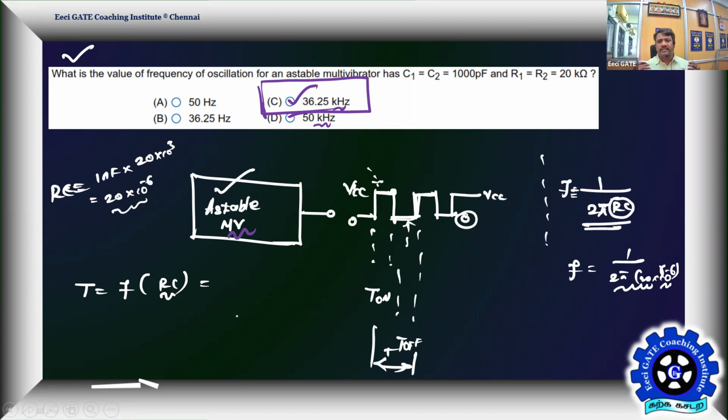Yes, this is a little tricky, and very few aspirants might have connected to this, because the number of problems using transistor based astable multivibrators is very small. So nobody can have good practice before. That's the reason the number of students attempting and getting the right answer is 50-50 only, because by having 1 by RC, people predict it as around kilohertz. But which one is that? That's completely your luck, because nobody can remember the equation, only a few can remember the expression.